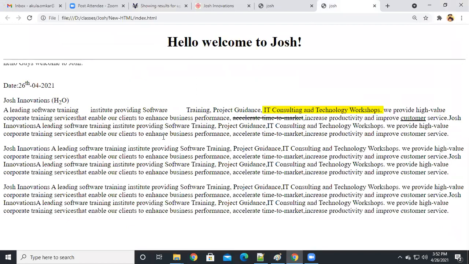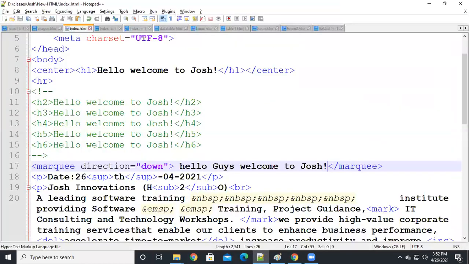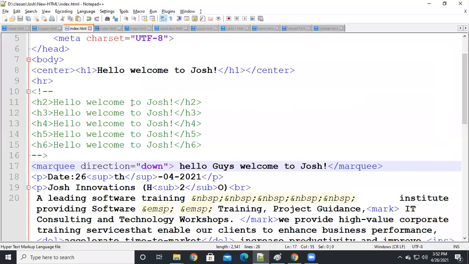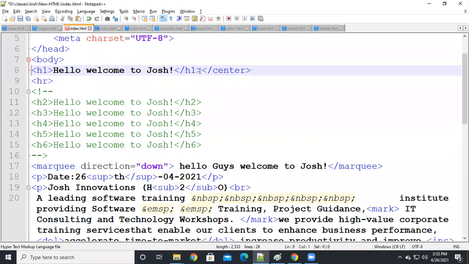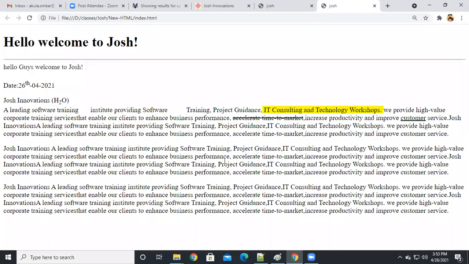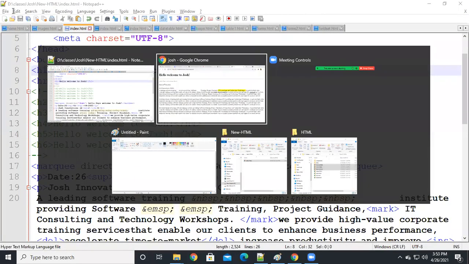I'm going to upload this again. So okay, I'm going to remove the center. Instead of center we will use CSS only. I will show you later. Just now we remove it, and now you will get left alignment only. And now I'm going to upload this file again.